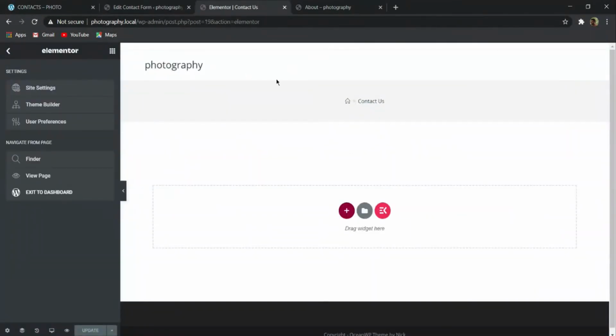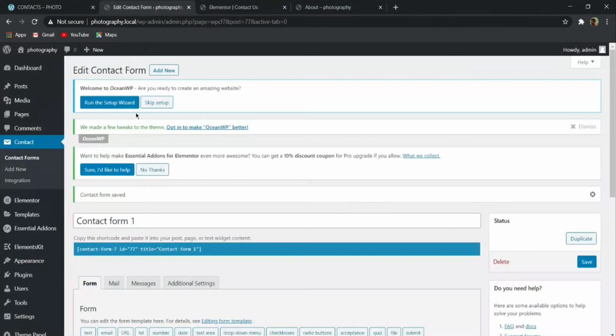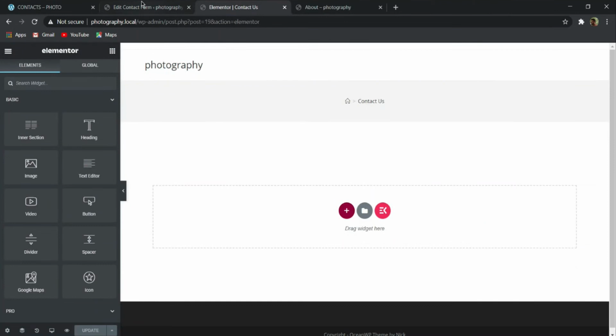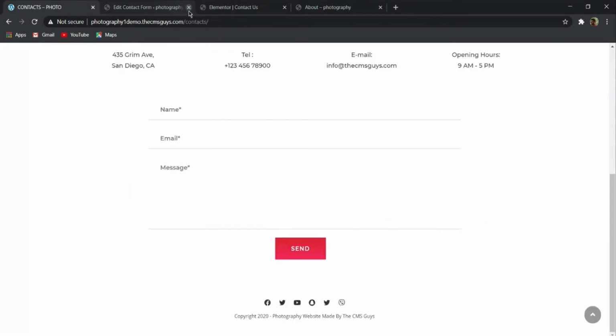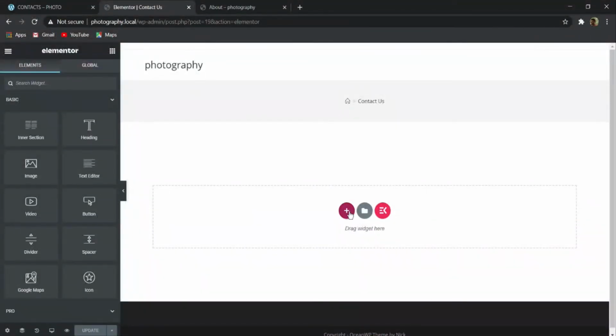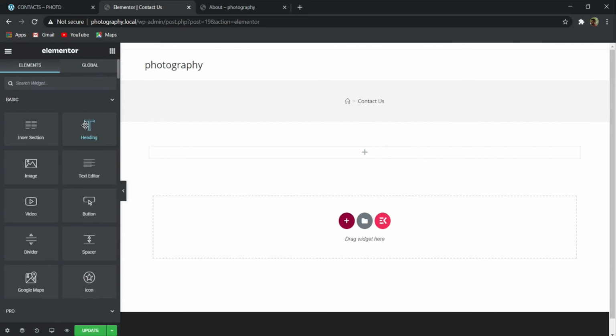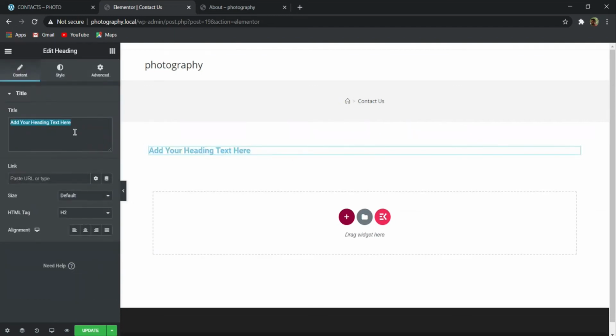So now let's go to this contact as our editing page, and then let's refresh it. I have refreshed it because that contact form will come over here. That's why. So now, first of all, let me cut this one. Here you can see that we have one contact me title over here. So first of all, I will click on the add icon, add one column over here, and then again I will click on this 9 dot and simply drag this heading, and here I will paste the text